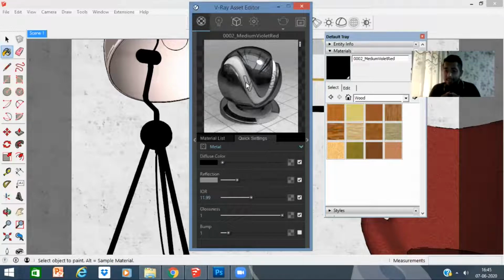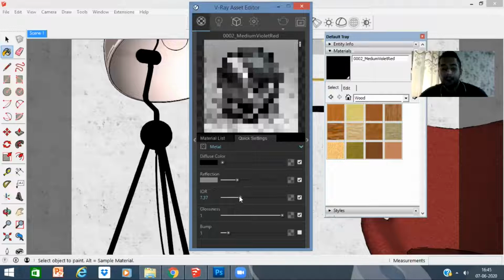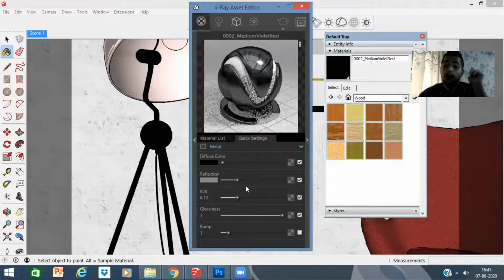But if I retain its color, it starts to retain the black as well, the dark color, which we need as well. So the IOR over here will also be reduced slightly. And then we have the reflection as well, which we are going to edit. The IOR basically means, guys, intensity or intent of reflection, which we'll learn. But now I just want to make you guys understand how we edit these materials over here.